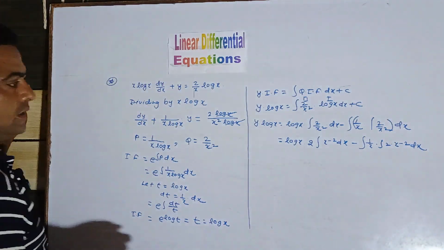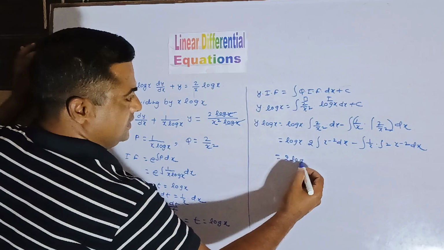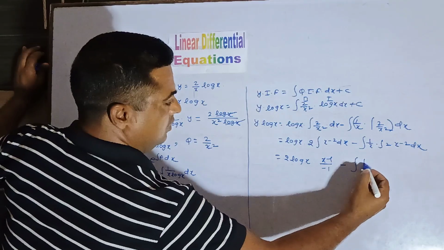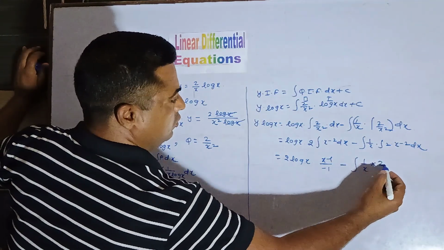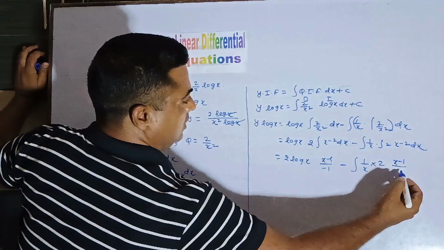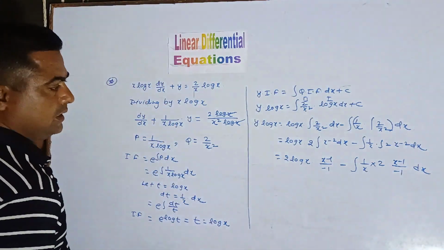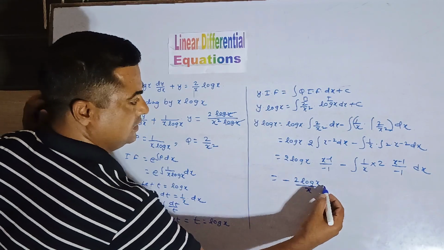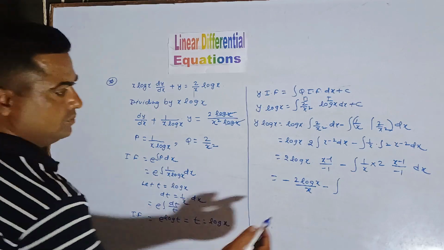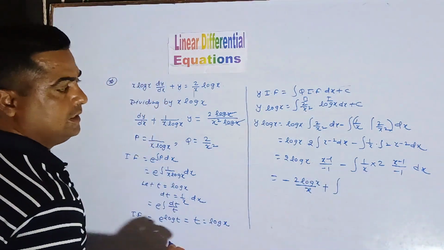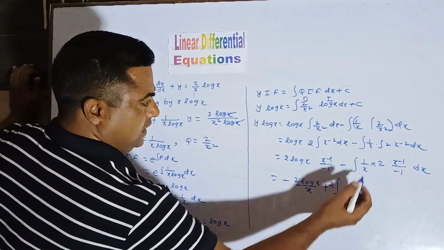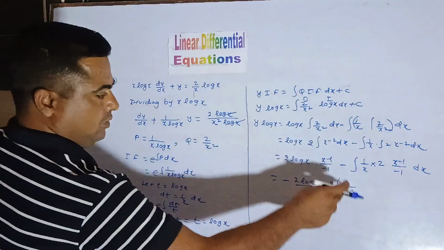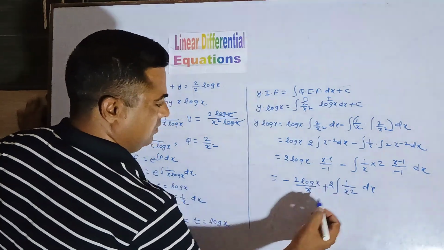dx. Correct? Now this will be 2 log x and integral of this part x to the power minus 1 upon minus 1, minus integral 1 upon x, this will be 2, and we can write it x to the power minus 1 upon minus 1 into dx. This will be minus 2 log x over x minus integral, this will be minus minus plus 2, we can write outside the integral, so we will write here 1 upon x into x square, we can write it 1 upon x, 1 upon x square, and in numerator this will be x to the power minus